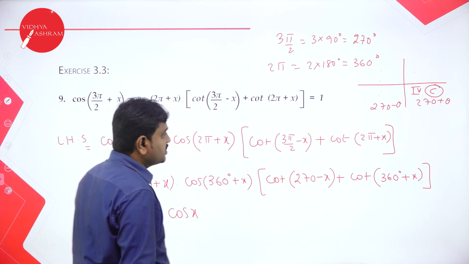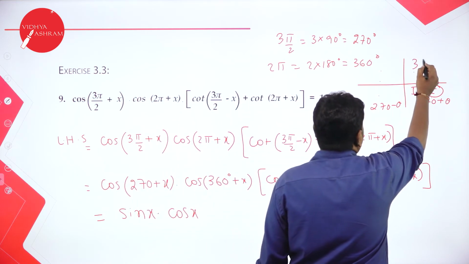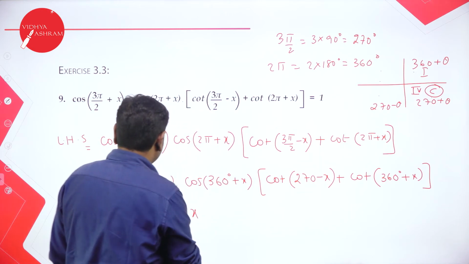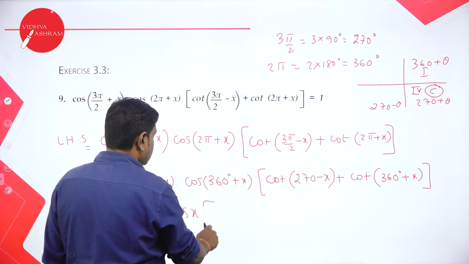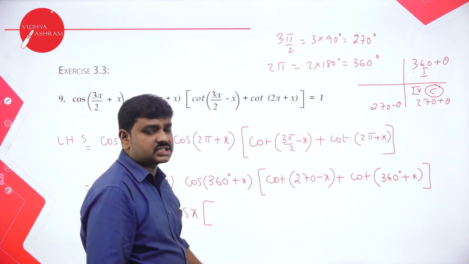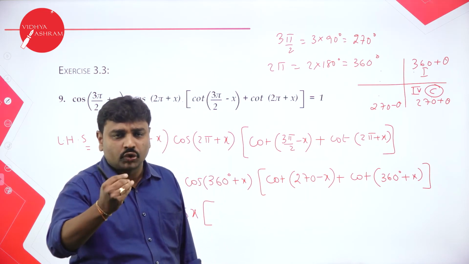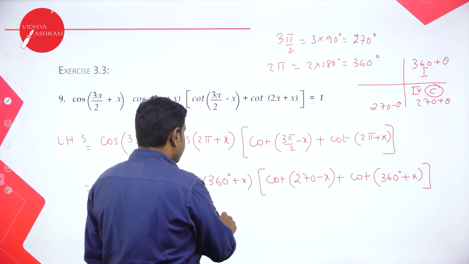And 360 plus theta lies in which quadrant? 360 plus theta lies in first quadrant. Here all are positive. So outside we have cos x into sin x. Inside cot of 270 minus x. I told you for 270 and 90 function changes to co-ratio. So cot changes to tan